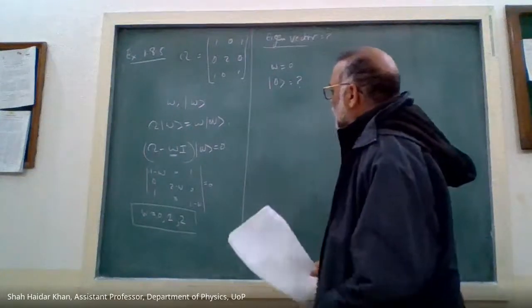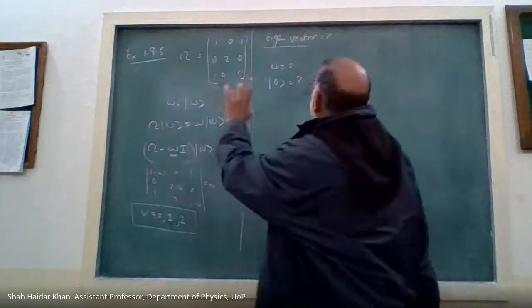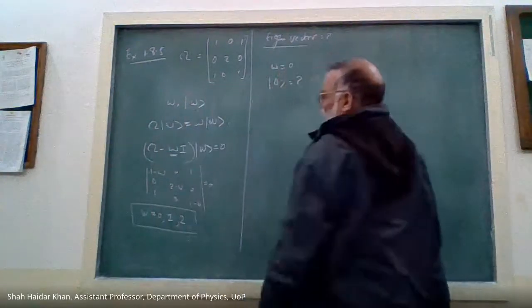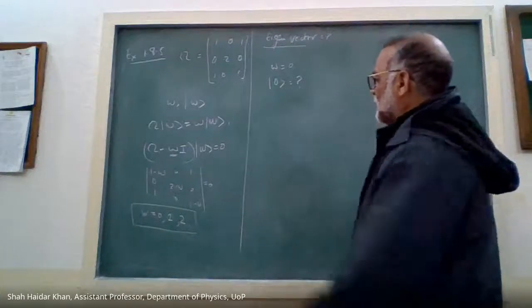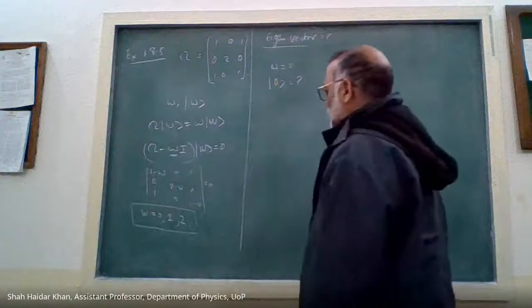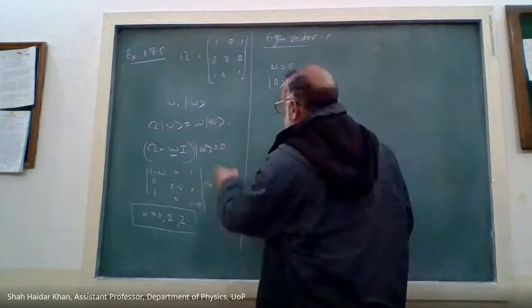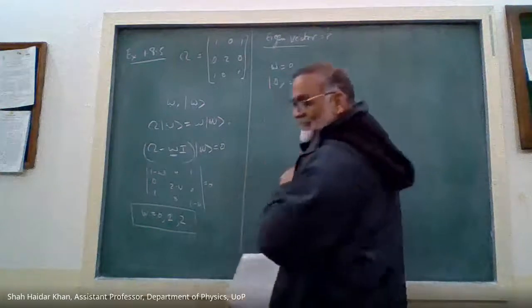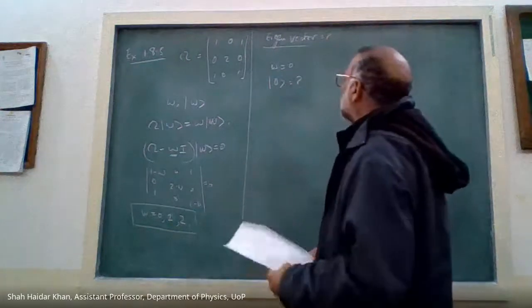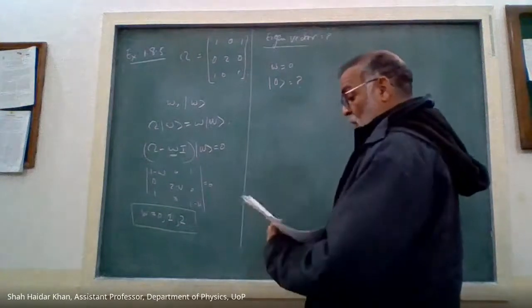So we put it back in the matrix equation with omega is equal to 0, and then we multiply it with V1, V2, V3. I'm not repeating that. We have done it many times, right? And we get